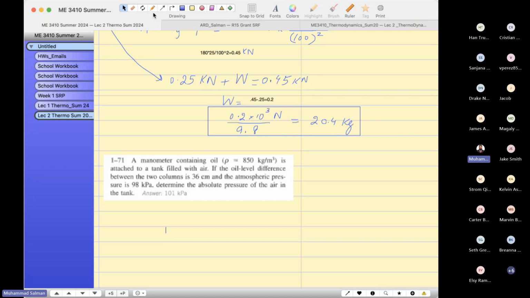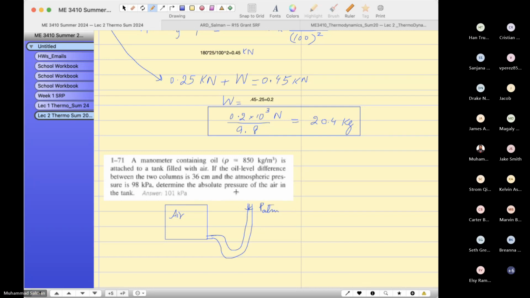A manometer containing oil, density is given, is attached to a tank filled with air. And suppose this is a tank. Air is... it's a rough sketch, just it is atmospheric pressure,